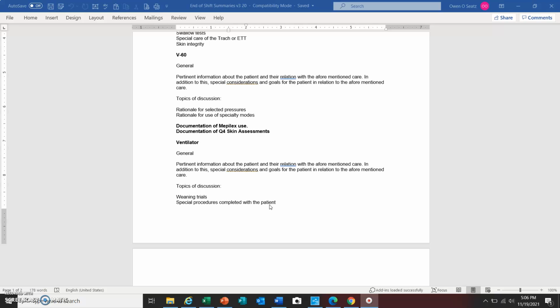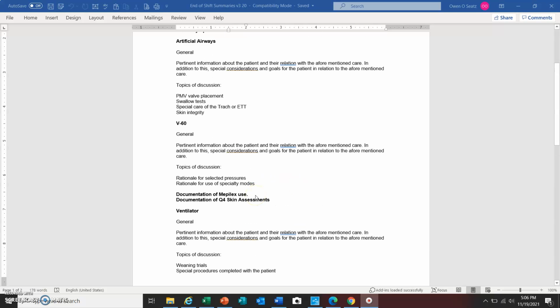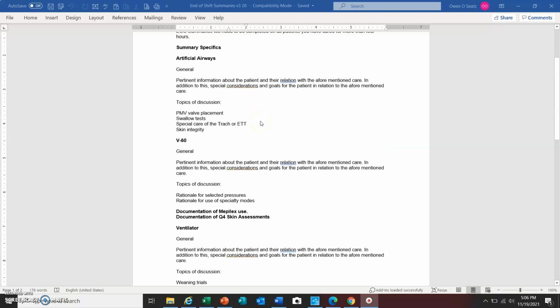Trials are important, but also remember we need to chart in the vent or in the ventilator trial section of Cerner as well. So these need to be filled out. The general rule is if you've taken care of the patient for greater than 4 hours, these need to be filled out. Some other things that have come up in recent years, we often put high flow patients on these,